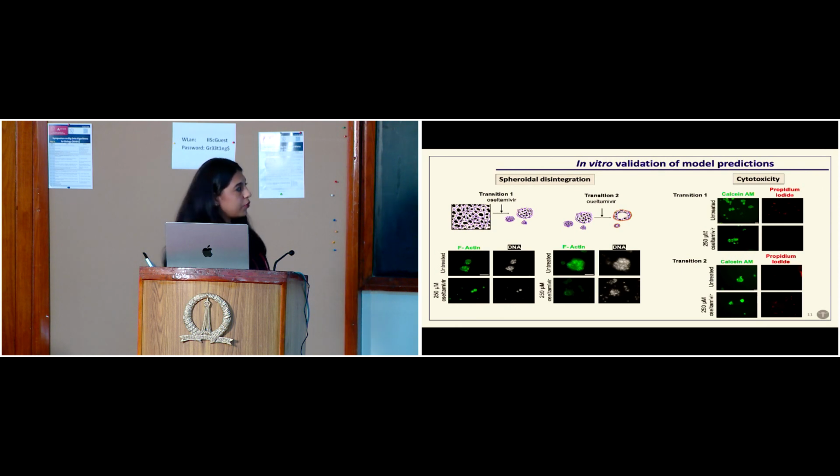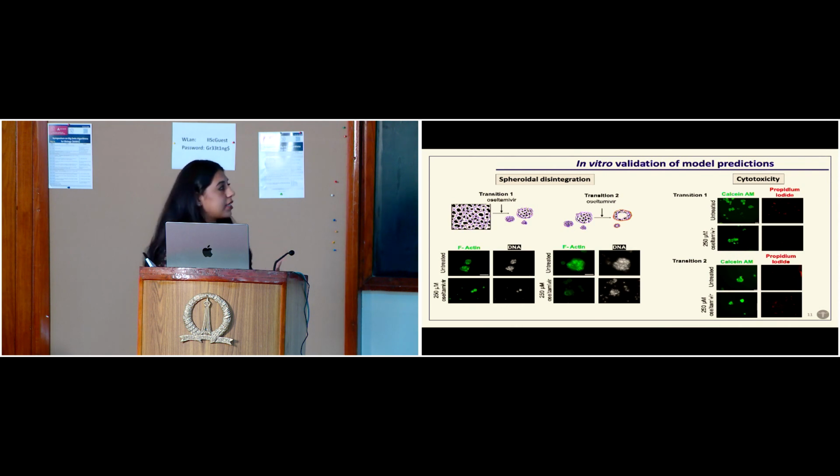So we did in vitro validation using oseltamivir. Here, what we did was that the control were cultured and they made spheroids, while when the control were treated with 250 micromolar oseltamivir, there was disintegration of spheroids. A similar case was observed for transition 2 as well. And we also looked at whether